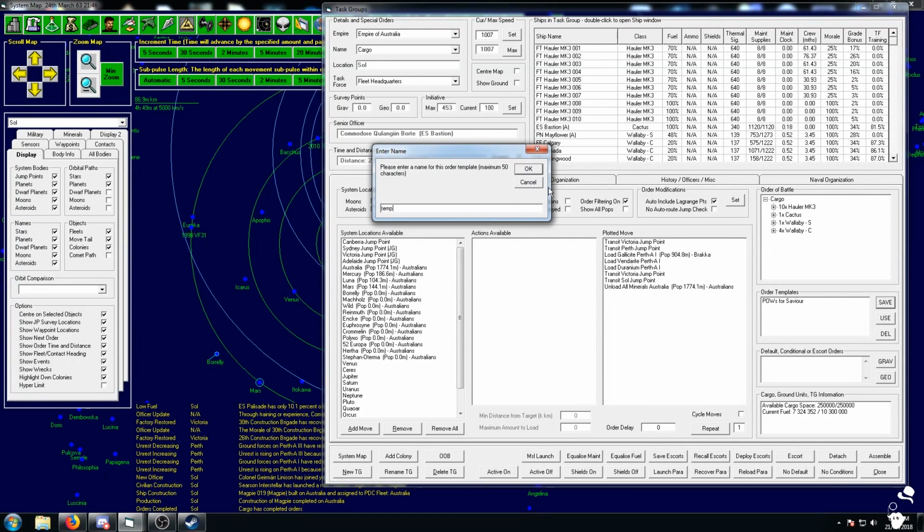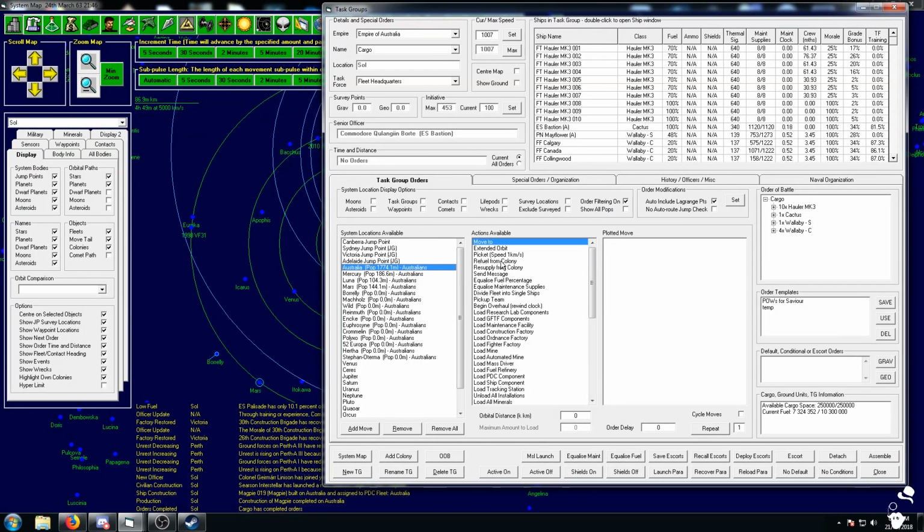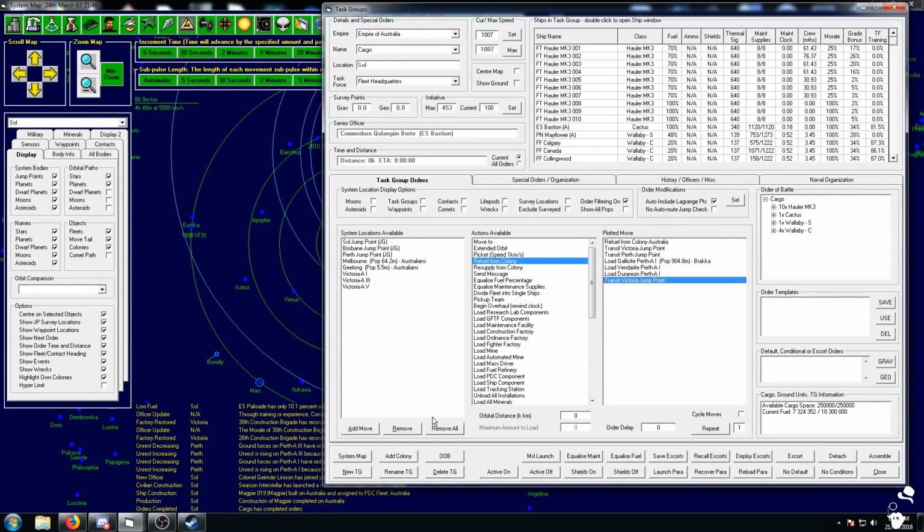Save temp. Remove all. Australia. Refuel. Deployment and maintenance are alright, because these guys are only going out there and then they'll drop off. So, and then we will use... But we'll not unload. Or transit. Or Victoria. We're just going to load. And then we will...